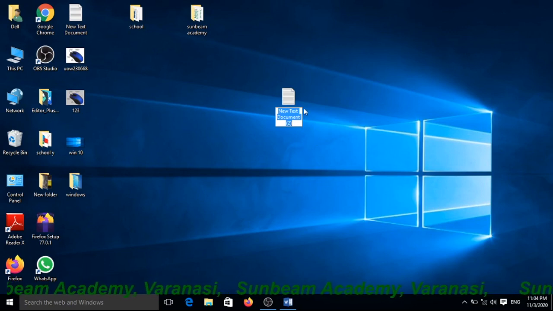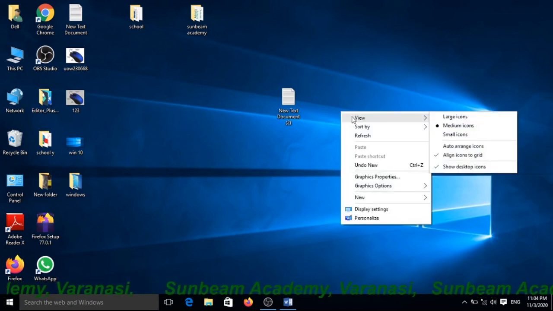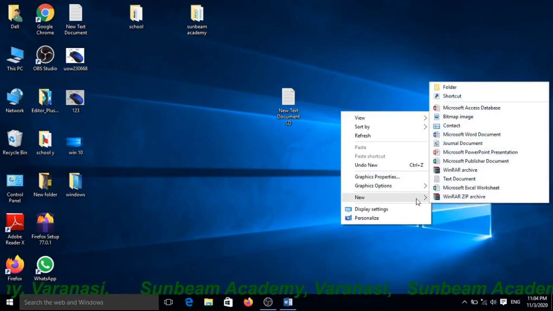See, one document has been created with the name new text document. Why is there a 2? Because one is already created here. So if you want to create another, right click on the empty area of the desktop, click on new, and then choose the text document.